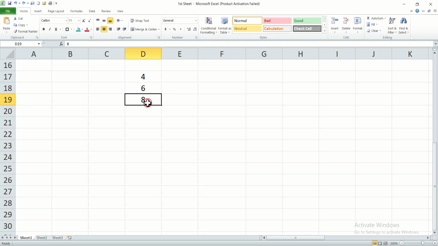So we will select the 8 cell and go to Insert and click on Insert Sheet Row. Now you can see a row has been added and the names have been automatically changed from 18. Now this is 19 and this is 20, and here we can now write the 7th, which is between 6 and 8. Now we want to insert another row and name the cell 5, which is between